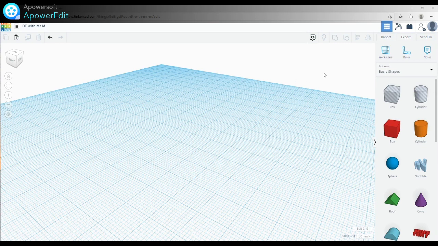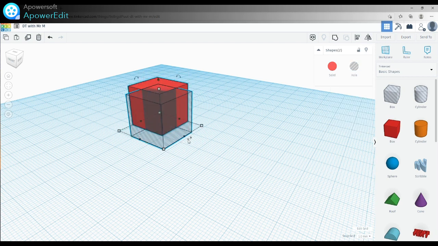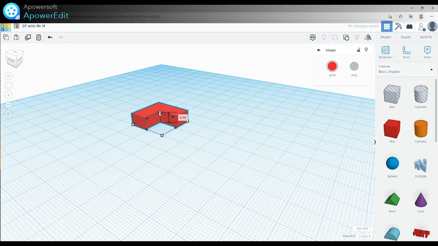And the next tool I'm going to have a look at is Mirror, and this essentially allows us to mirror the shape on the work plane. And to illustrate that, I'm just going to use my boxes again, and I'll just create an L shape, because there's always a good shape to use when trying to illustrate any kind of mirroring. So I'm going to group those, so you can see I've got my L shape. Just going to adjust the height,